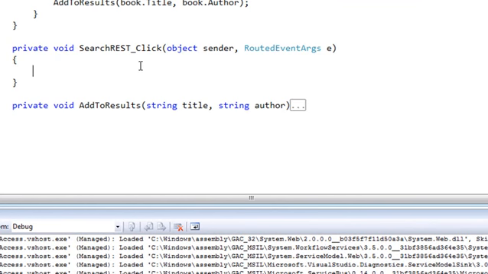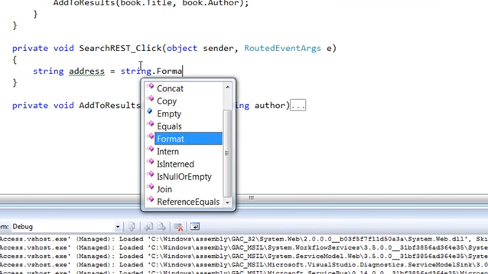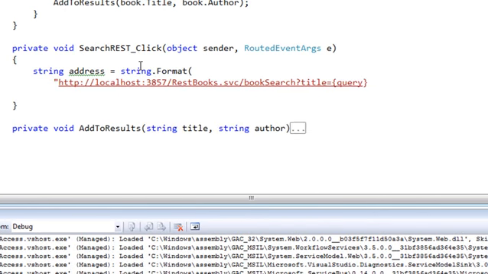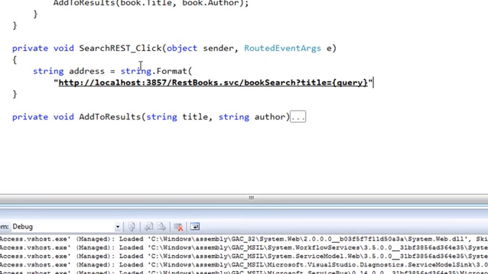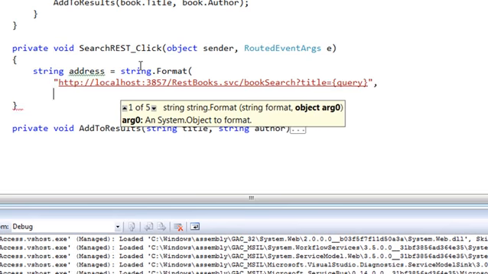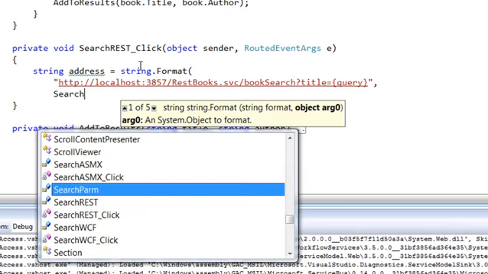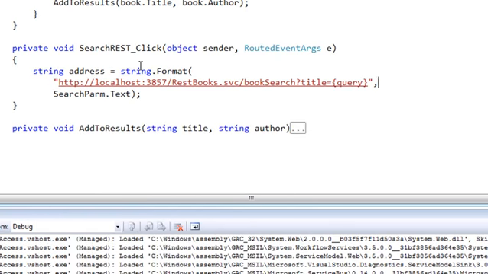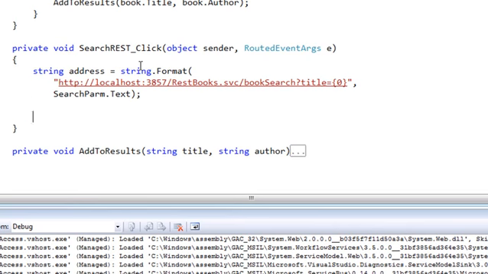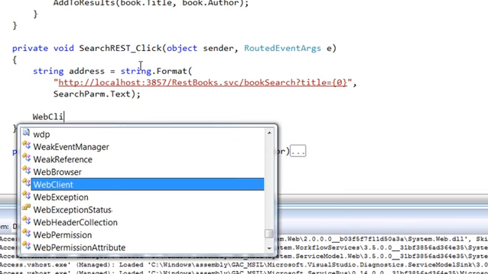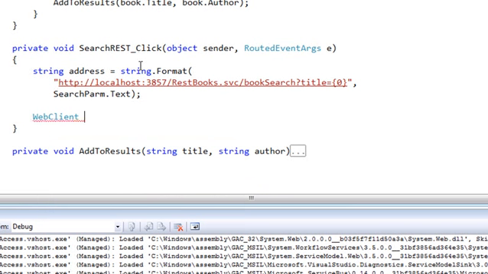And I'll start by defining or creating the string that represents the address. And I'll use string.format here so that I can actually substitute the query for the value of searchparm.text. This is 0 index, so now we've got the address that we're going to use. Next, I'm going to create an instance of web client. So this is the straightforward web.client or system.web.webclient,